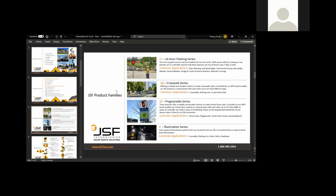So very efficient, very small. Our FRL controller lets us run these beacons 24/7. These products are a very common type of system that every city, every municipality, every state, every province in Canada, everybody needs some sort of flashing beacon for stop signs, warning signs, speed signs, construction zones, barricades, hazard markers, bridge and tunnel entrances. Anytime that there's a hazard or an obstruction that needs to be marked, that's what those systems